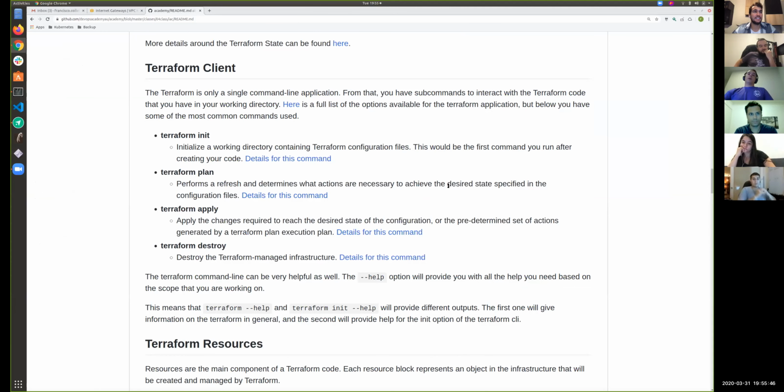Sweet. So the Terraform client is pretty much the only command, a single piece of software that Terraform relies on. The entire Terraform thing is in a single binary file. When you created the container with Terraform, you saw that it's just a zip file with the Terraform binary, and that's it for Terraform. You normally have a bunch of